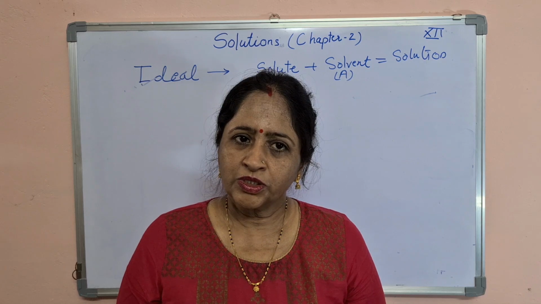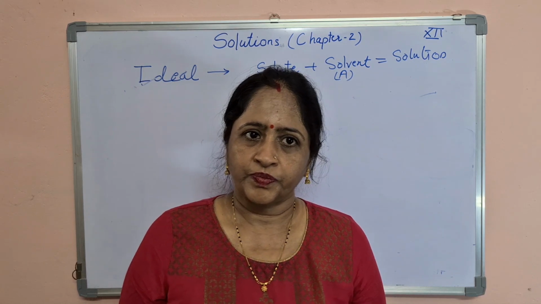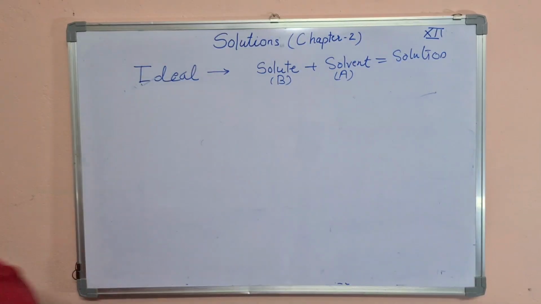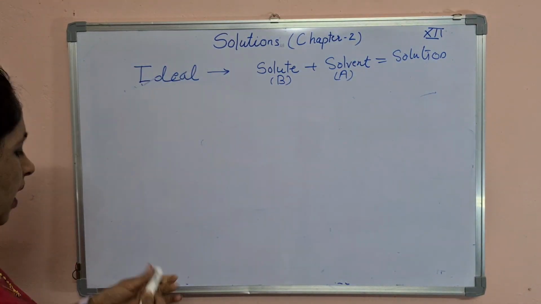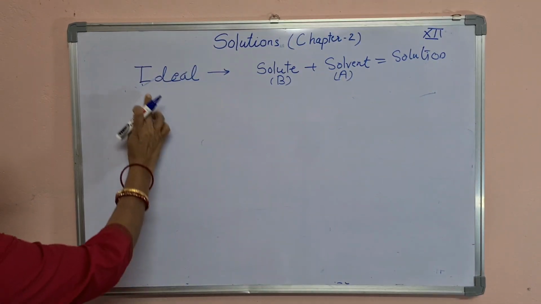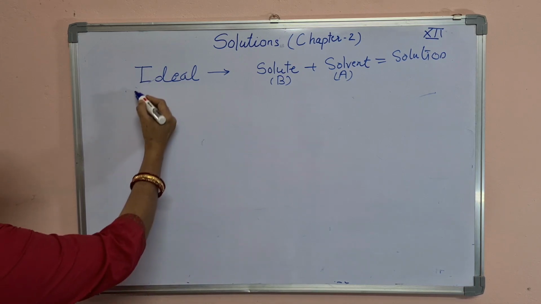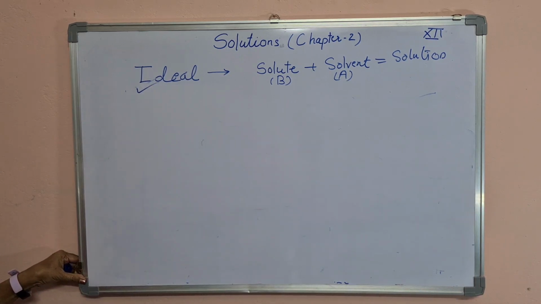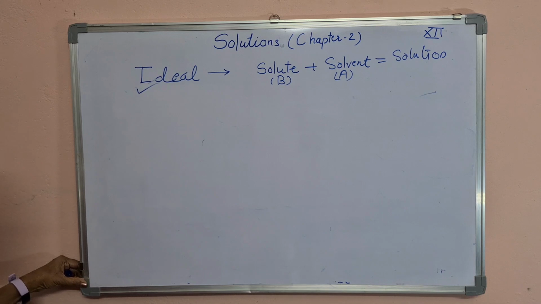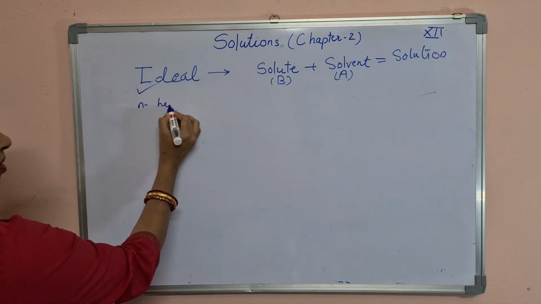And now in this video we are going to study ideal solution. Practically, it is impossible for any solution to behave as an ideal solution. But some examples are there, in which we can take the example of N-hexane